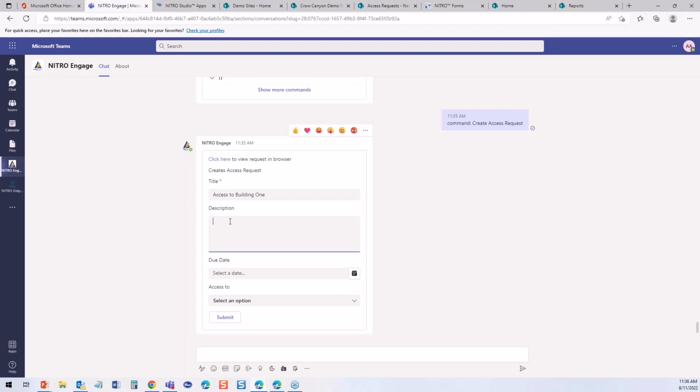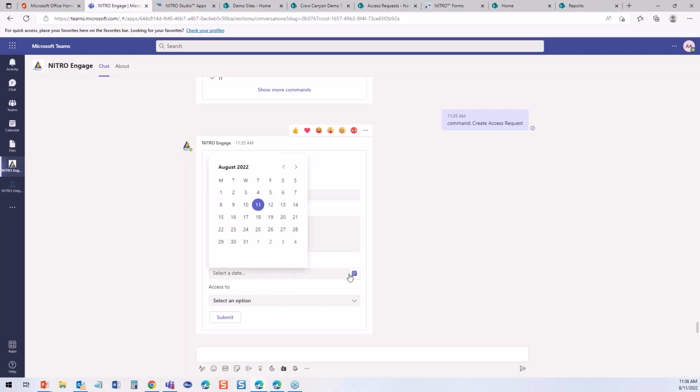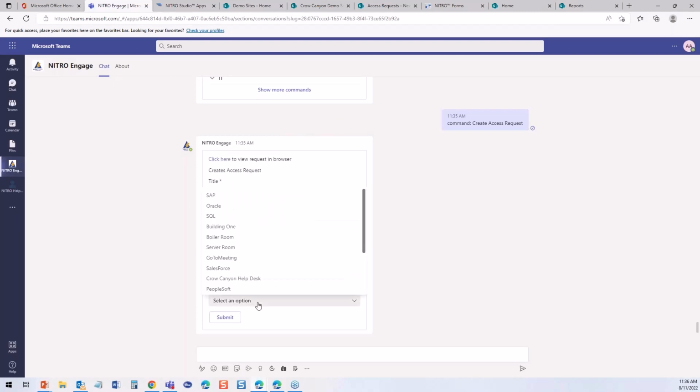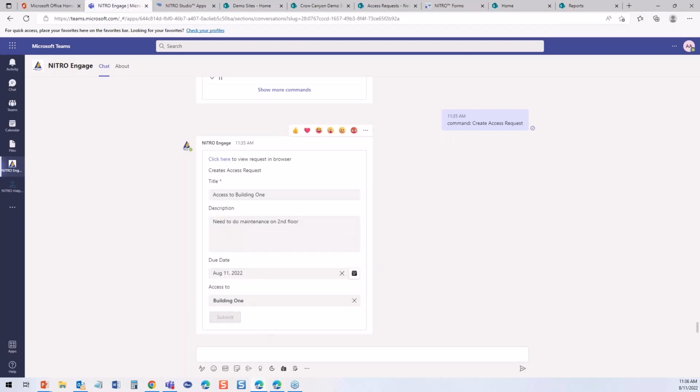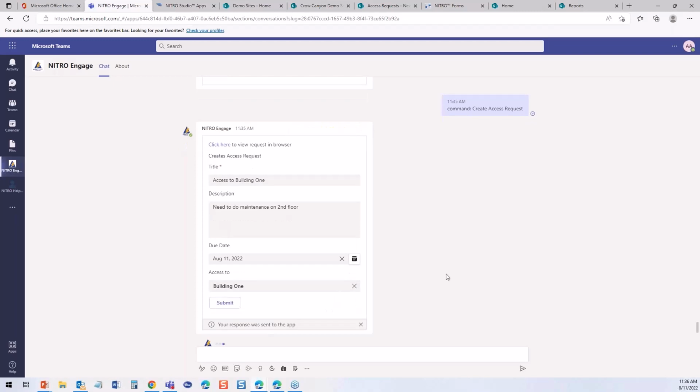Okay, description: need to do maintenance on the 2nd floor. I don't know, whatever, there's some good reason you need maintenance there. Anyway, the due date would be, let's just say needs it today, and building 1's right there. Okay, so if we submit this access request to the bot,